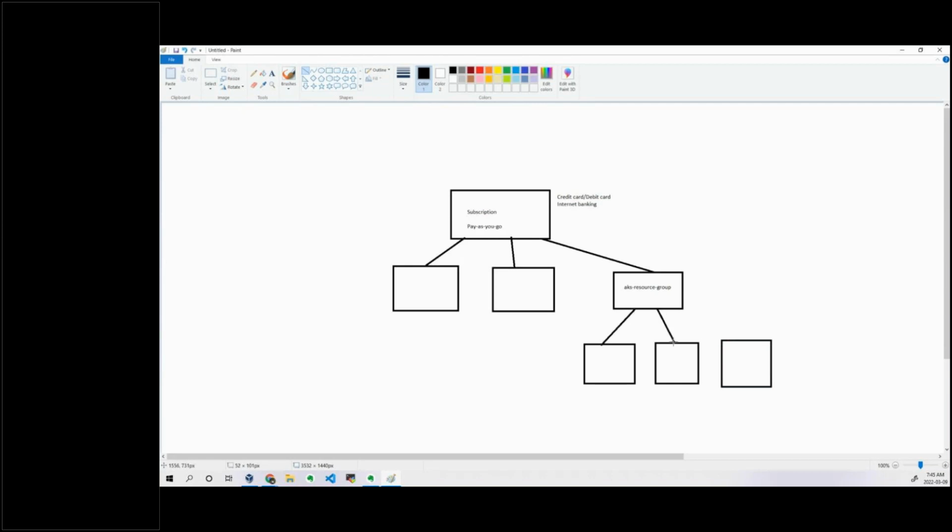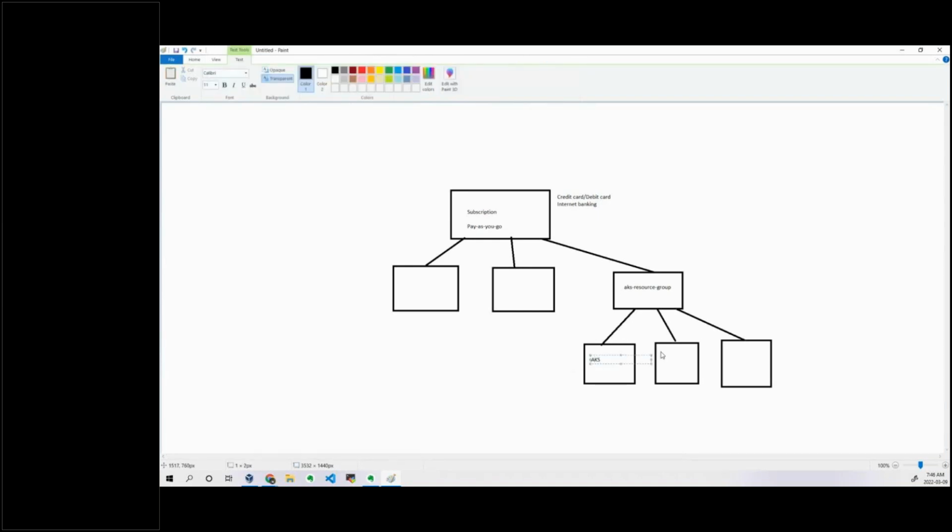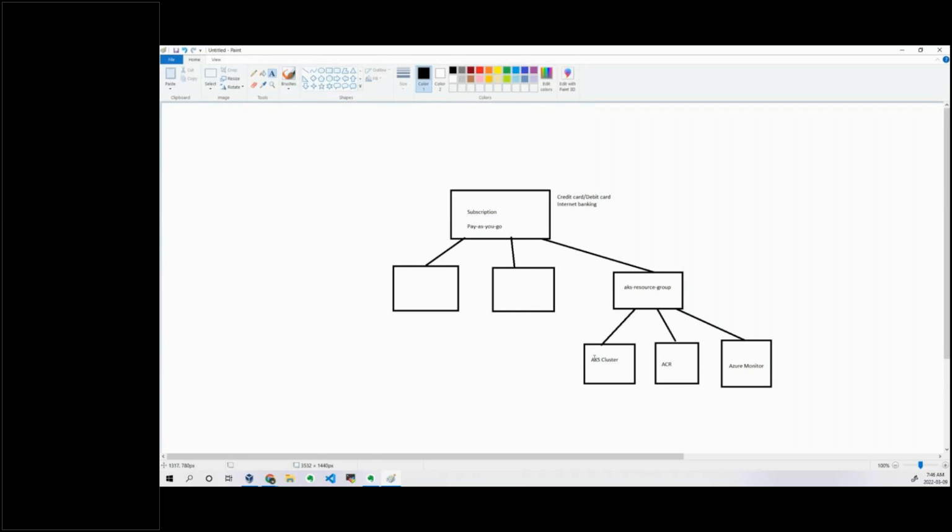For example, let's say this is the AKS cluster, meaning the Kubernetes cluster. The service is called the AKS cluster in Azure. And then let's say I have ACR, Azure Container Registry, to store the images. And then Azure Monitoring, the monitoring service for all the components. Now, for how long I have used this AKS cluster, let's say I have used it for 20 days. For these 20 days this cluster keeps on running, right? For that they will add a bill, and that bill will be generated at the subscription level.